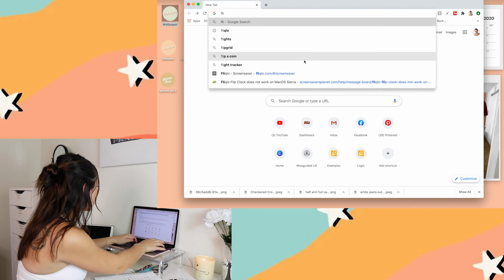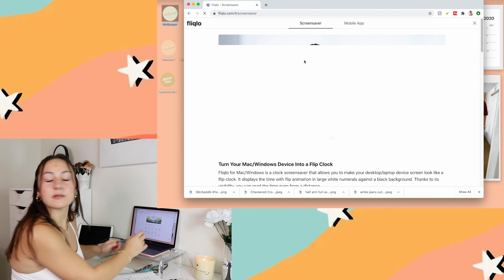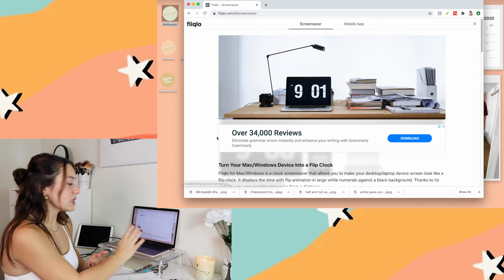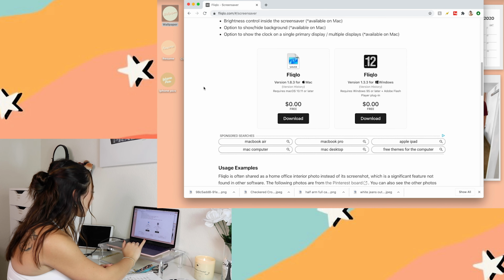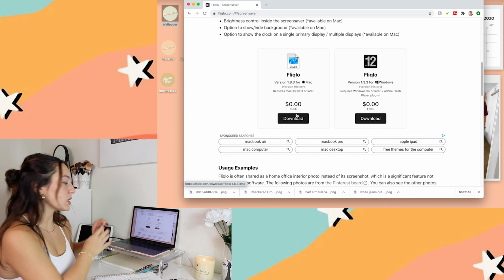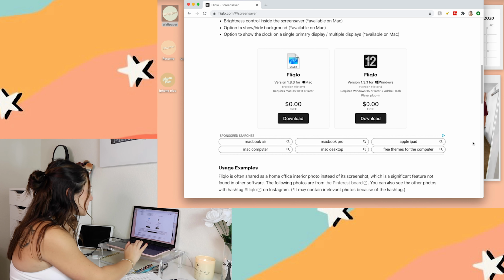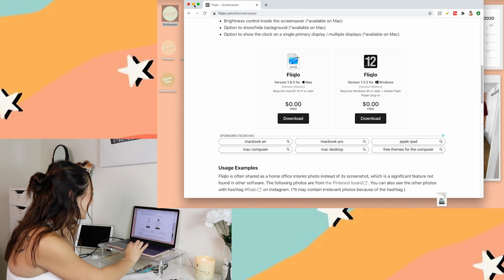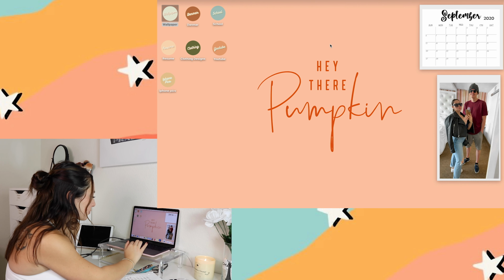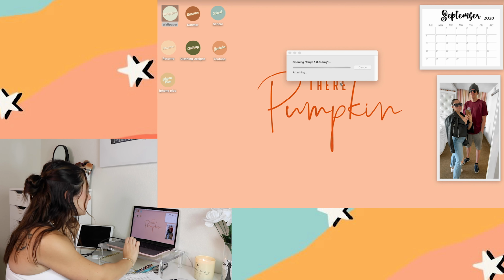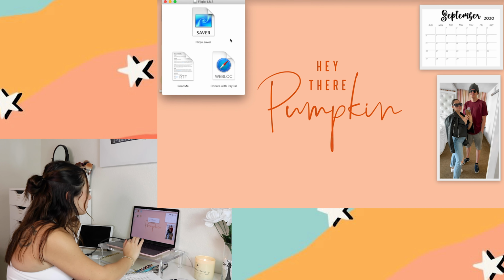Okay, so we are going to go to, I believe it's called Fliqlo, and it's going to take you to the screensaver here. And depending if you have a Windows or a Mac, you're going to download it depending on your computer. So we're just going to hit download. I have a lot of downloads right now. So once it's done downloading, we'll go here. We're going to double click it. It's going to verify, and then